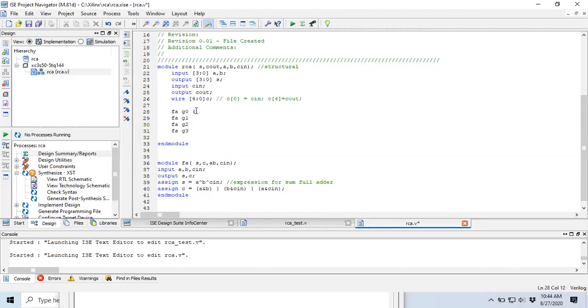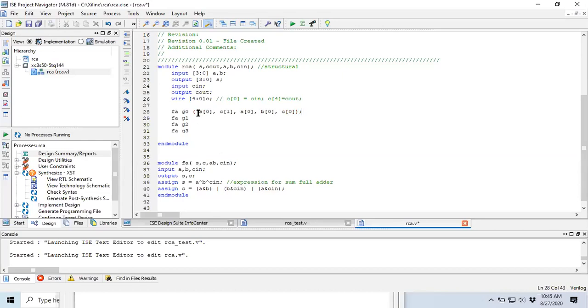Now in G0, in the first full adder, what was our sum equal to? Our sum was equal to S of 0. What was the carry equal to? C of 1. What was your input equal to? A of 0. What is the next input? B of 0. And what was the next input? Next input is C in. I can write either C in or I can write C of 0.